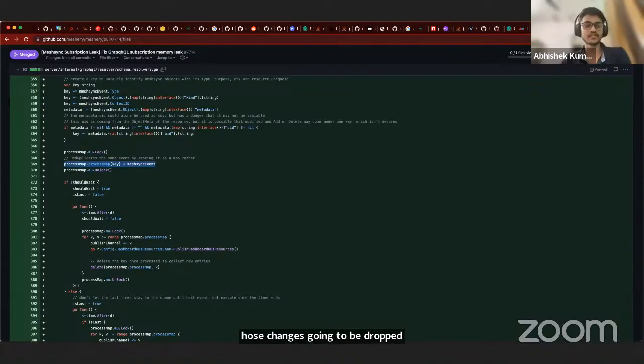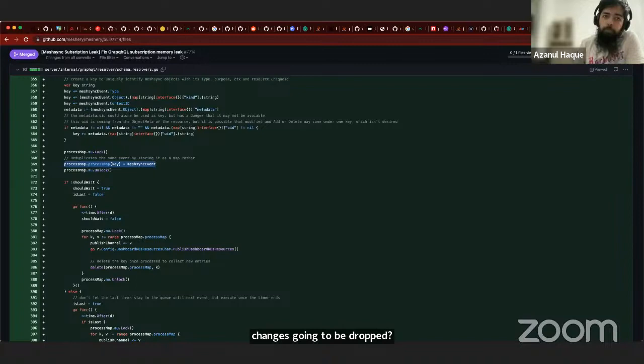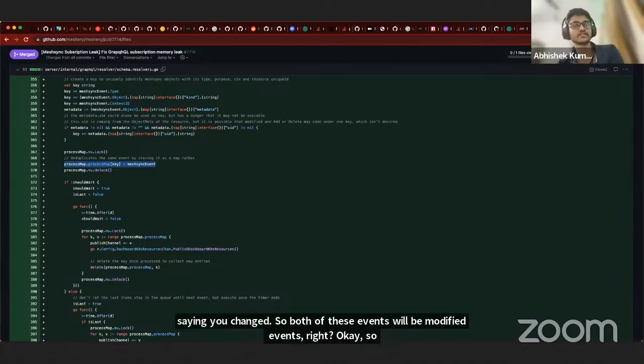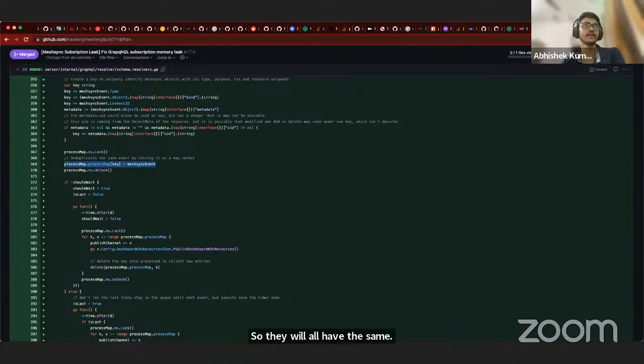You're saying you changed, so both of these events will be modified events, right? Yeah. Okay, so both of these events will be modified, and you are changing the same config map. So they will all have the same object UID. The meta and the context ID, I mean, the config map would be on the same context, right? And it is a config map, that's why it is the same. So out of those two, the recent change that you have made on the config map